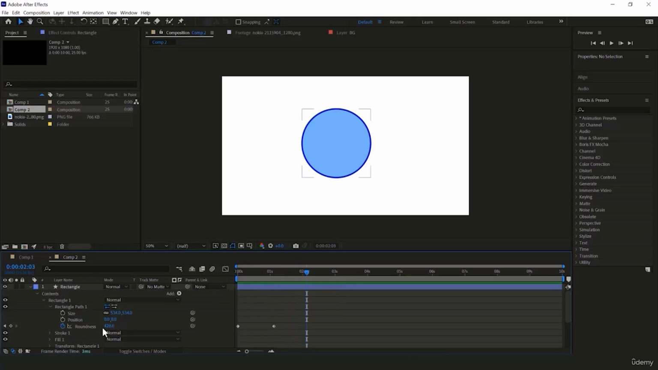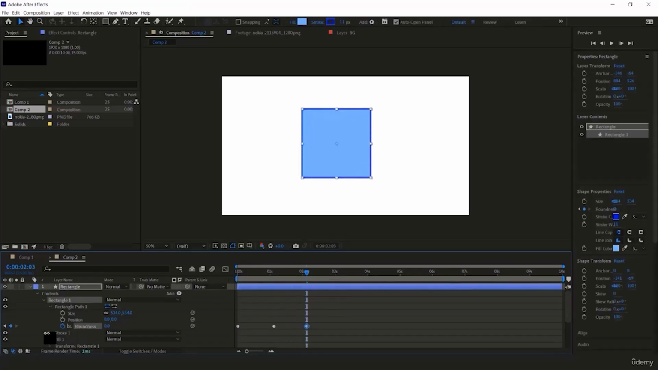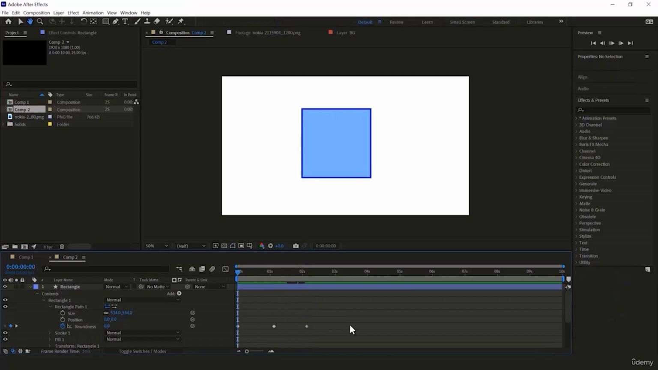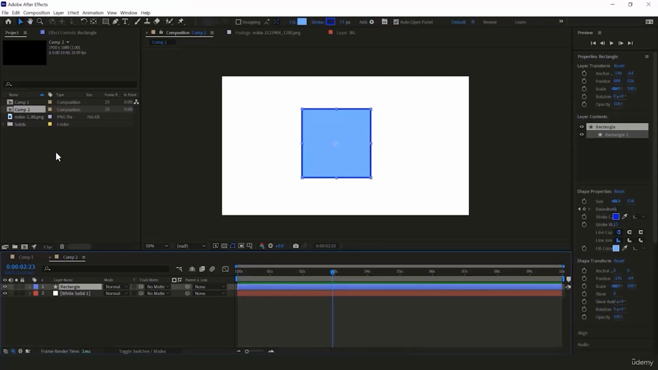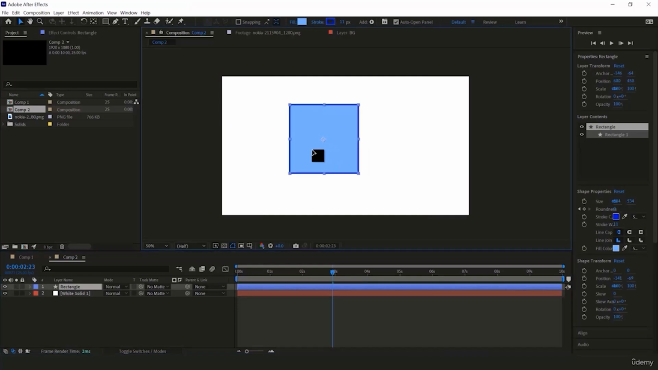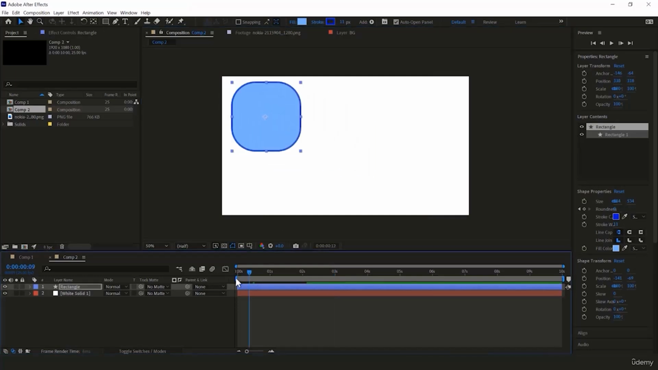Again, if you want to change this, you can always go back and make this from circle again to the rectangle. This was one of the parts. Now let me show you. I'll move this here. Let me show you another